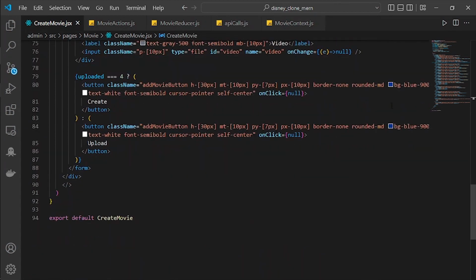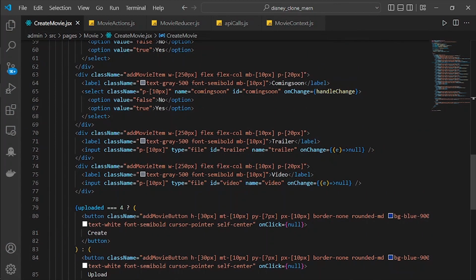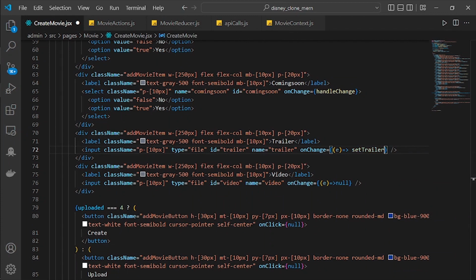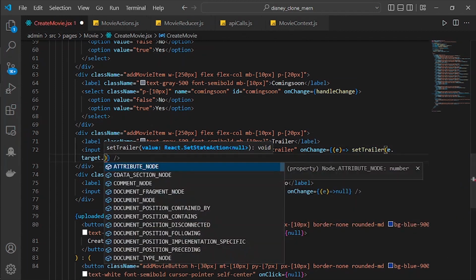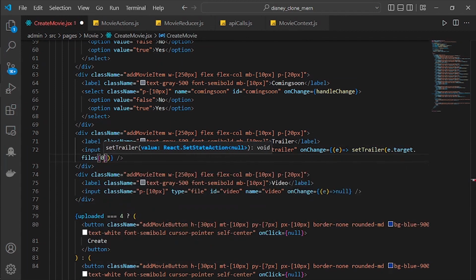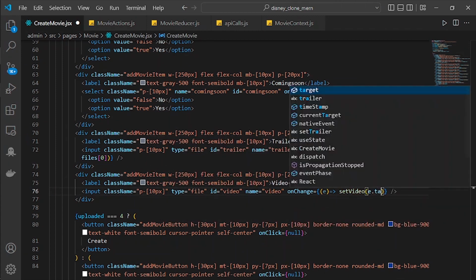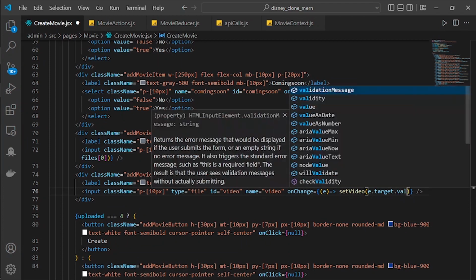We'll scroll down until I find this trailer and video. I'm going to set it to setTrailer, and then for this setTrailer it's just going to be same like the image and image jumbotron. So e.target.files, the first file in the index. And for this video it's also going to be like that. And here I'm going to change it to setVideo and then e.target.files